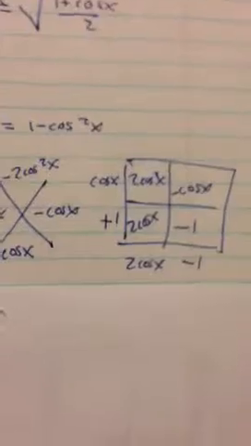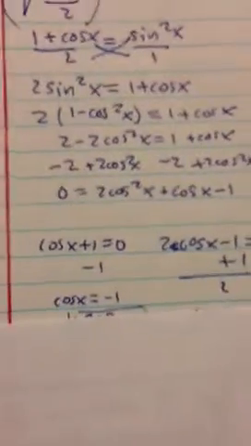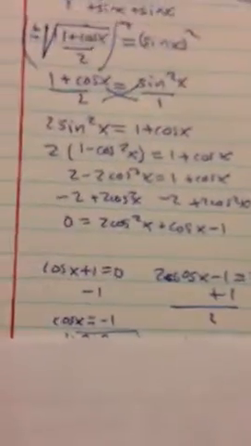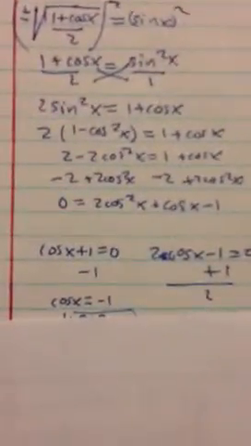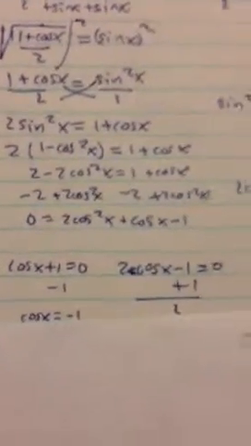Now we use the zero product property and we set these equal to 0. So cosine x plus 1 equals 0 and 2 cosine x minus 1 equals 0. We get cosine x alone on both sides, and now we can use our unit circle to find these values,